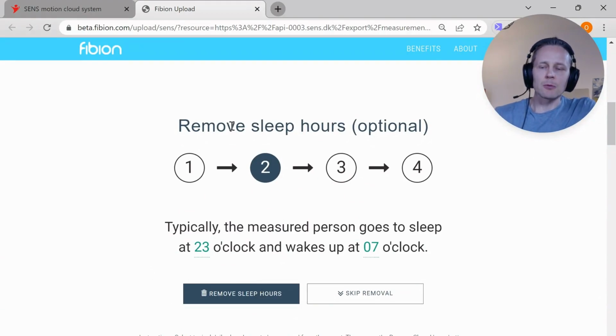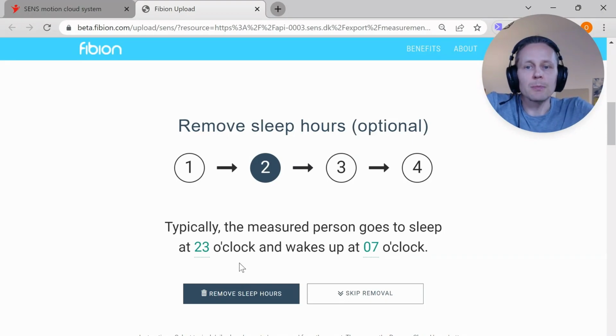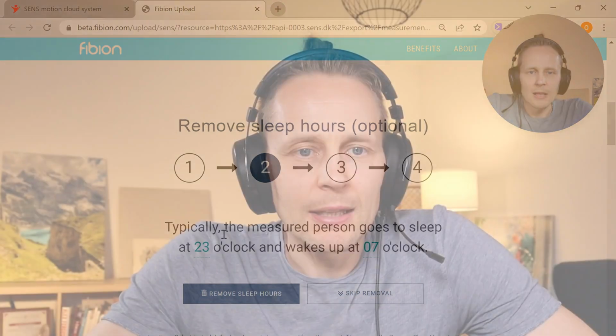And here I would have a possibility to remove sleep hours from the data. The reason for this is that because we are giving recommendations in the report of sitting time, and those are dependent of the sleeping time. If we don't remove the nighttime or we don't analyze it, part of the sleep might be analyzed as sedentary time. So by removing kind of typical sleep hours, we can reduce this effect without needing to kind of manually